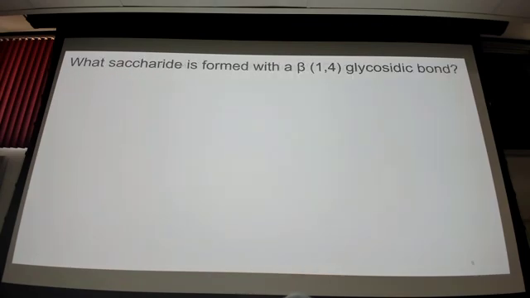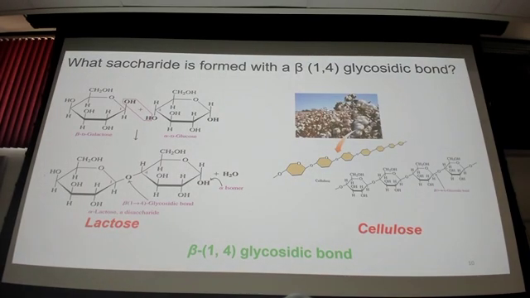And then the last question. What saccharide is formed by beta-1,4 glycosidic? Lactose, is that the only one? Cellulose. Okay, so lactose and cellulose both have beta-1,4 glycosidic bonds. However, we as humans cannot digest cellulose. We do not have the enzyme. And so it was asked, why is the bond beta-1,4? And it's because